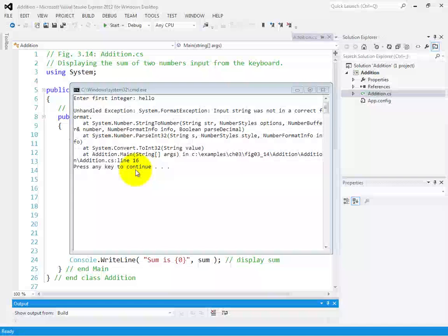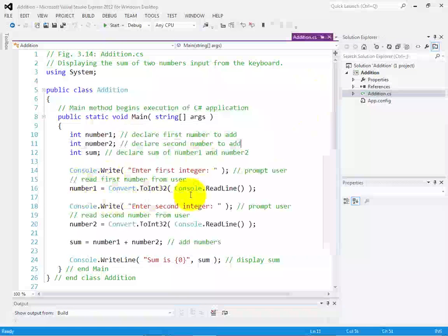So for example, one of the things I could do is reprompt the user to enter an integer, not the string hello, and allow the program to continue executing, and we'll show you those exception handling techniques starting in our lesson on arrays. So let me close that. So what we're doing here is we're reading a line of text, which in our case is the first value the user types, and we're passing the result of this highlighted value to the